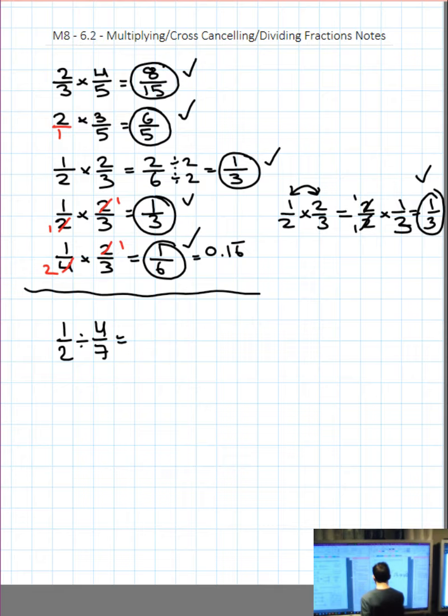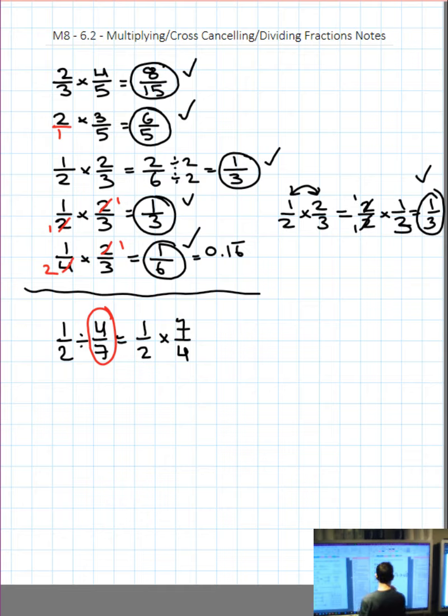So let's do that. We have 1 divided by 2 times 7 over 4. Simply taking the second fraction and flipping it over and changing the middle sign from division